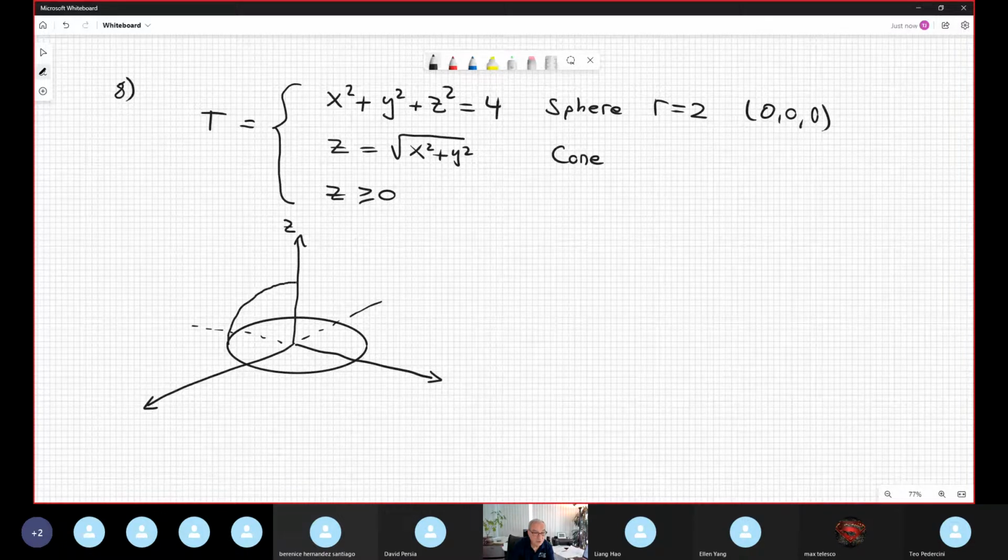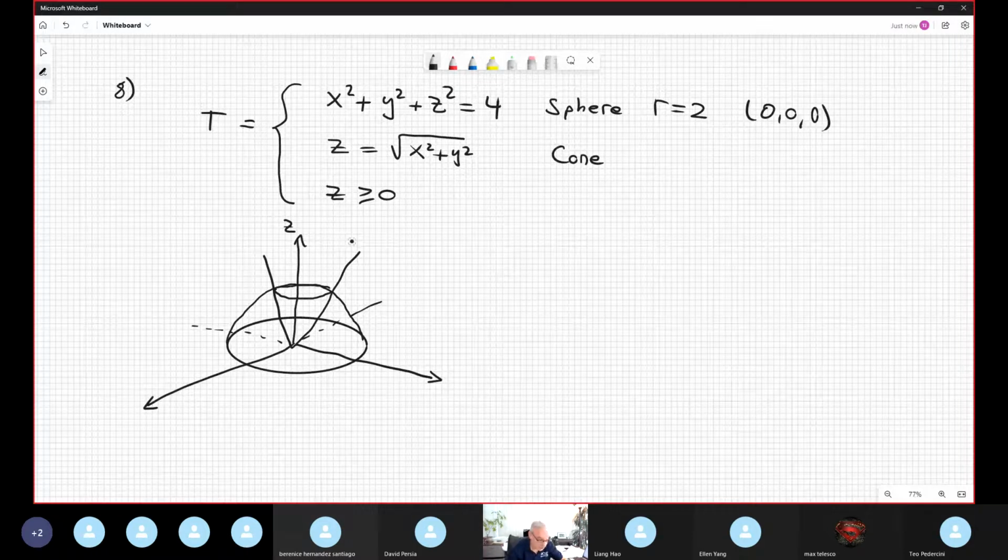And the radius is 2. I try to do my best. I suppose it's not good. Well, so we have a cone. Here's the top part of the cone. I suppose it's like that. We have an intersection here. Okay, I suppose using my imagination it's a circle. But I need to identify